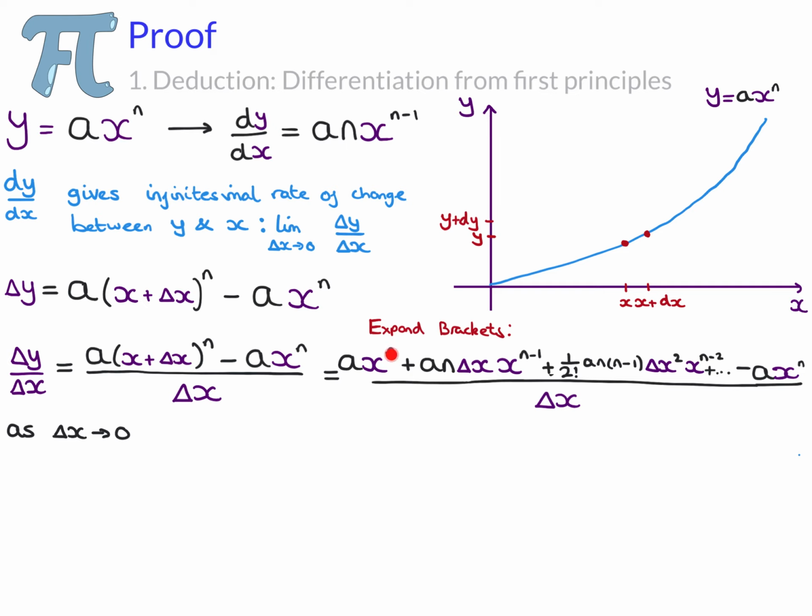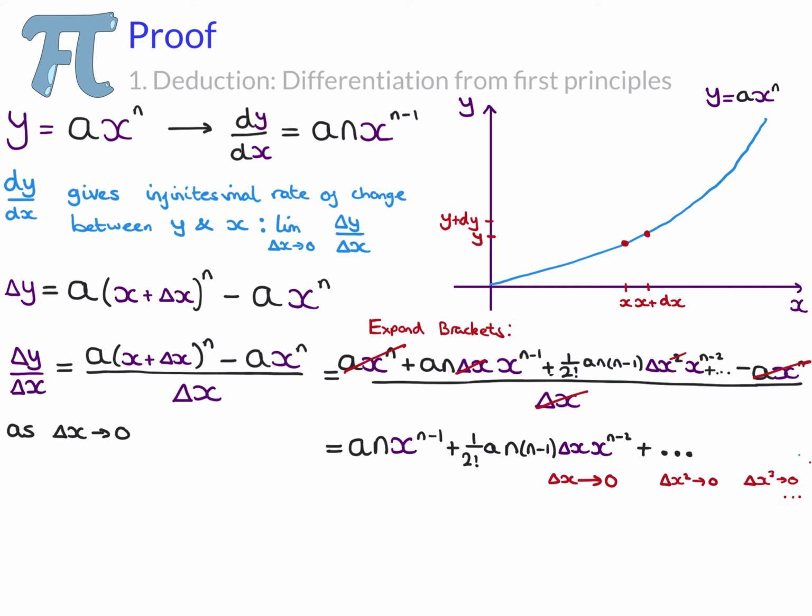This means the first term cancels with the negative here, and since we only have delta x terms remaining, we can cancel with the denominator. As we bring delta x closer and closer to 0, these terms with a delta x become less and less significant compared to this first term without one, until they disappear in the infinitesimal limit. This leaves us with the result that the infinitesimal limit of delta y over delta x, dy/dx, for a general polynomial term of this form